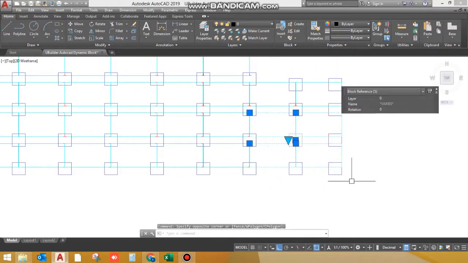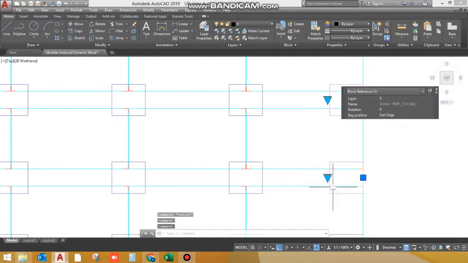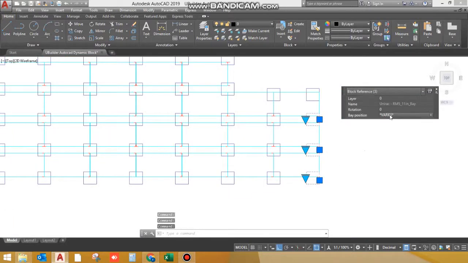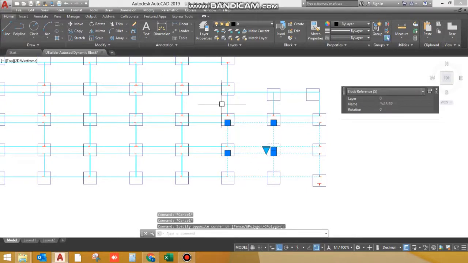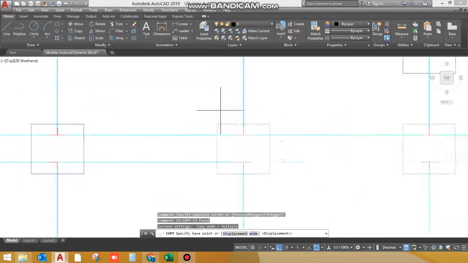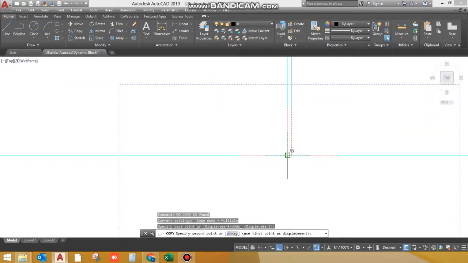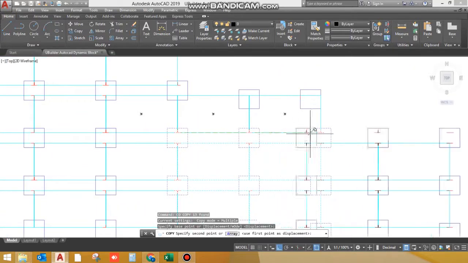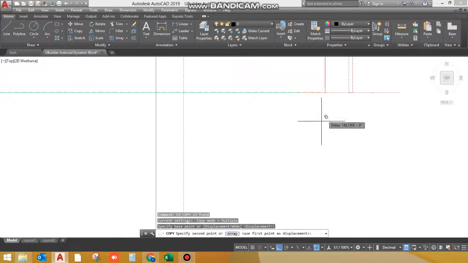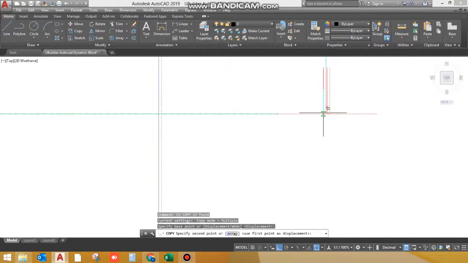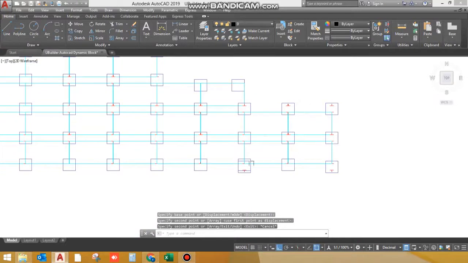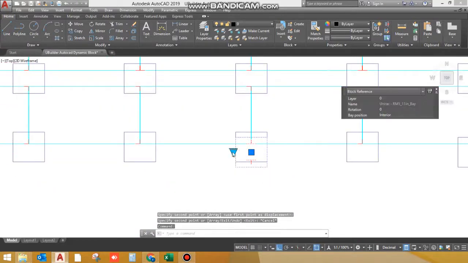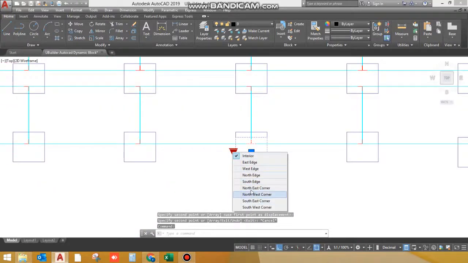And if you want to just copy it, like I'm copying this total array. So before doing that, I'll just make them as interiors, and then I'll copy this including base. Here I can select this point as a reference and just match with the adjacent array, with the adjacent module this point, so that I can have this continuous. Now this one will become south edge,